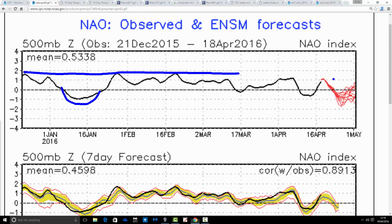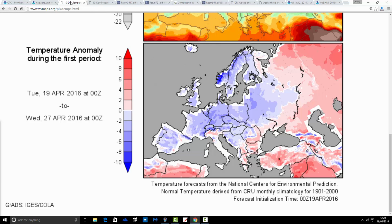But you see, again, the red lines here, which are the forecast part of the chart, that's trending negative over the rest of April. Looks like we're going to have both the North Atlantic Oscillation and the Arctic Oscillation indexes negative, which tells us that the atmosphere over the pole and in the Atlantic is going to be conducive to delivering us blocked and pretty cold weather. So you can see from the temperature anomaly through the coming week, this takes us from